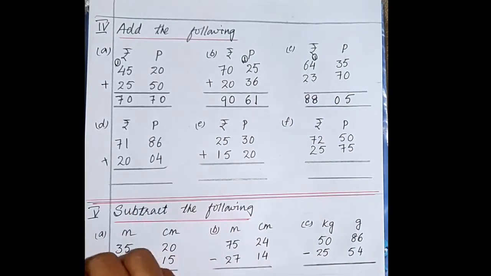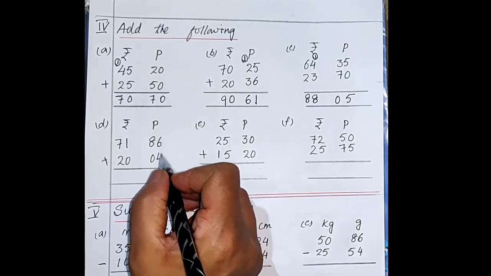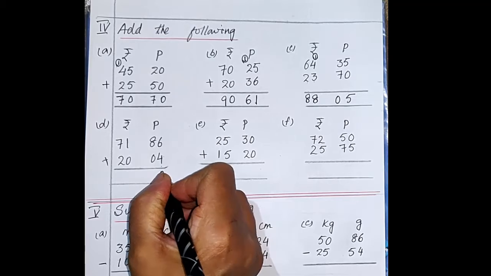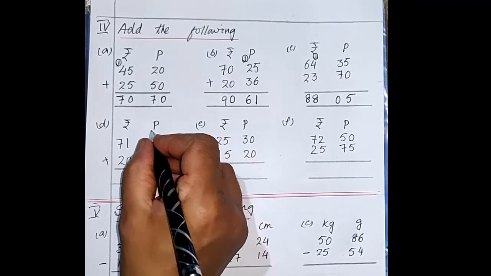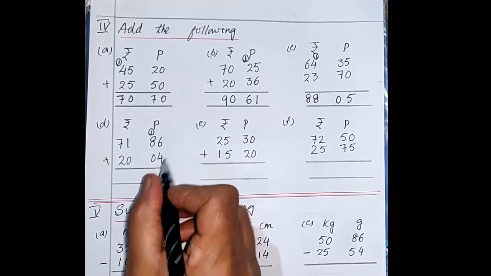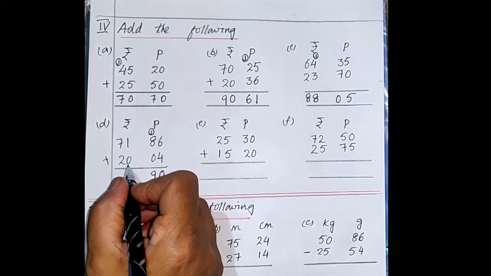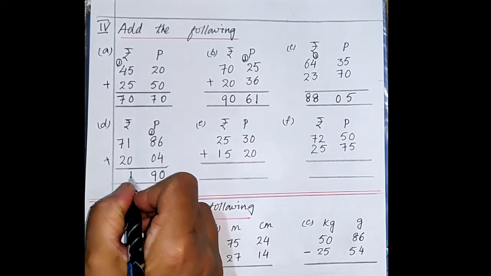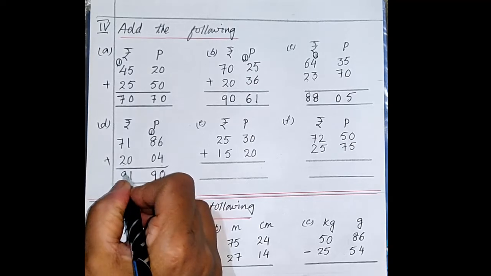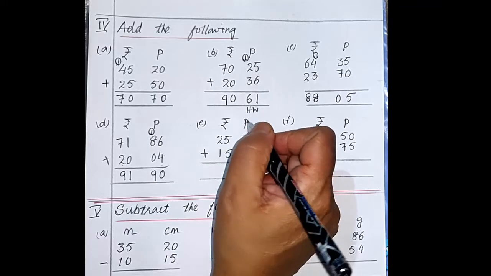One more sum I will show you, the other two sums you do on your own. Now 6 plus 4, after 6, 7, 8, 9, 10. 0 comes on one's place and 1 goes to tens place. 8 plus 1 is 9. Right? Now 1 plus 0 is 1 and 7 plus 2, after 7, 8, 9. Okay? So this is homework, you do on your own very carefully.